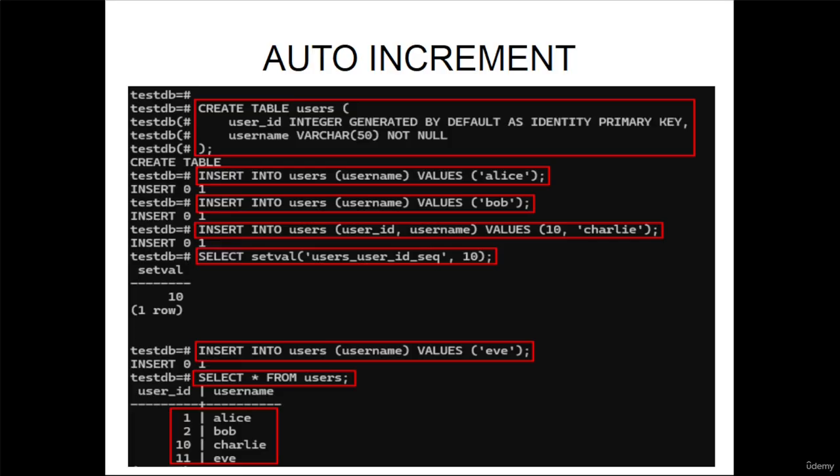INSERT INTO users (user_id, username) VALUES (10, 'Charlie'); Note: explicitly sets user_id equals 10, bypassing the sequence. SELECT setval('user_id_seq', 10); Note: sets the sequence's last_value to 10, after this, the next nextval of user_id_seq will